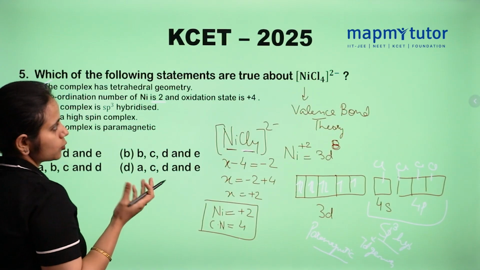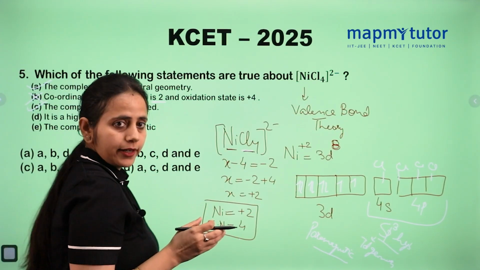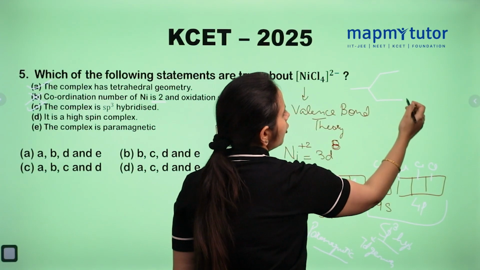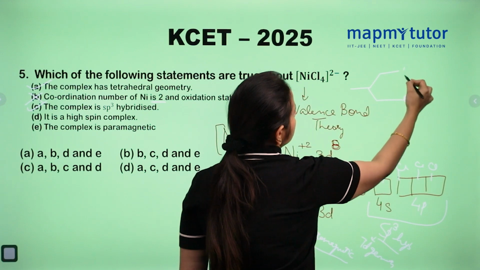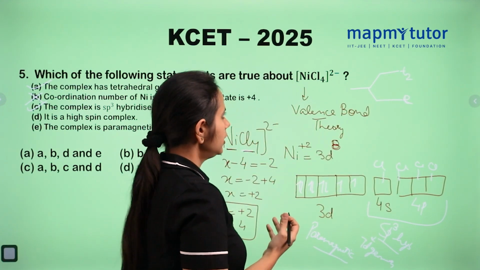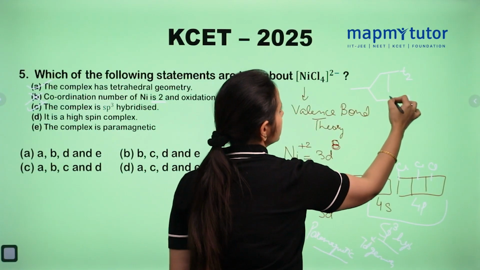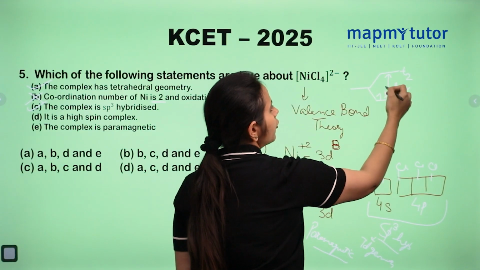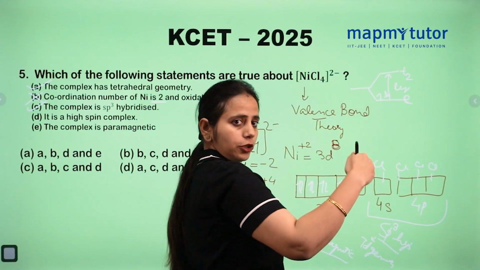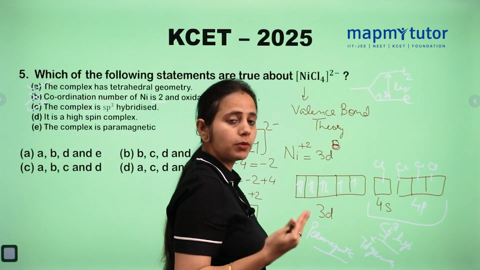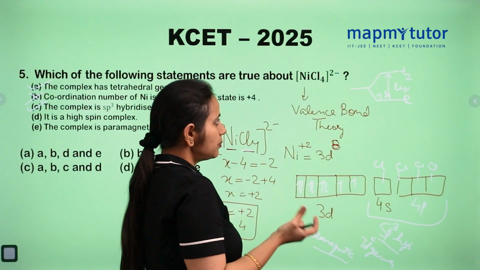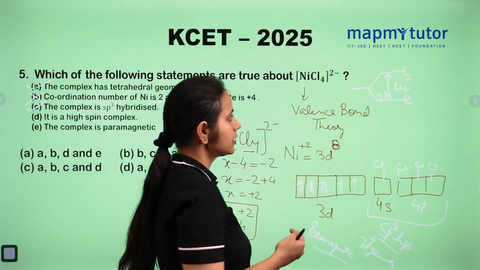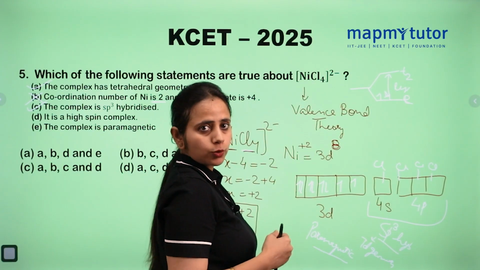It is a high spin complex. What do we mean by high spin? See, chloride is a weak field ligand. If it is a weak field ligand, that means the energy between these two split d orbitals, E and T2, in the case of a tetrahedral complex, is very small. If this energy is less, then an electron can easily transfer from the E ground state to T2. Transition can easily take place and the maximum number of unpaired electrons will be there. So weak field means high spin. Energy between them will be less and we get more unpaired electrons.